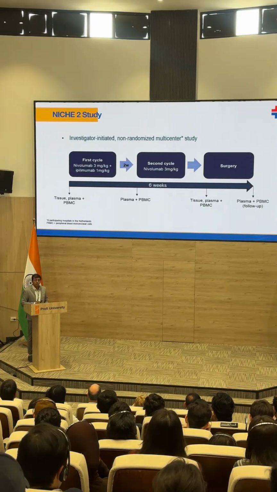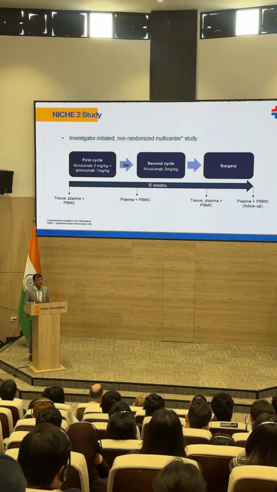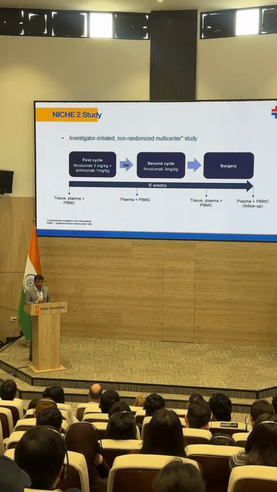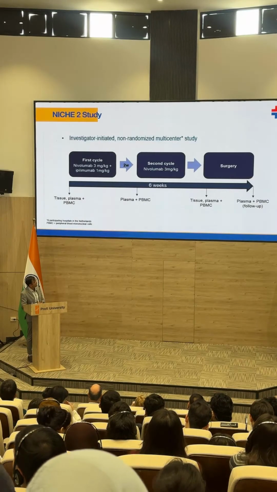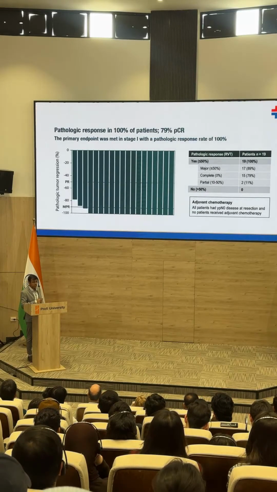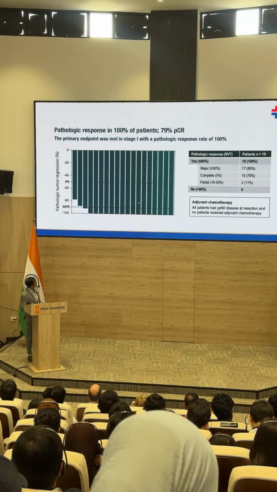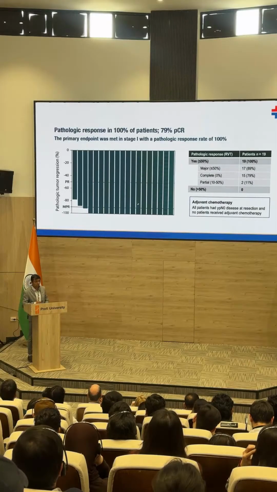cancer of the colon. So there is a subgroup of colon cancer patients, around 15 to 20% of colon cancer patients, who will have a particular genetic defect, a mismatch repair defect, and that induces the cancer formation in those patients. If you just treat those patients with 2 sessions of chemotherapy and then subject them to surgery, that's what was done in this particular trial. You see that all the 100% patients have got a good response.